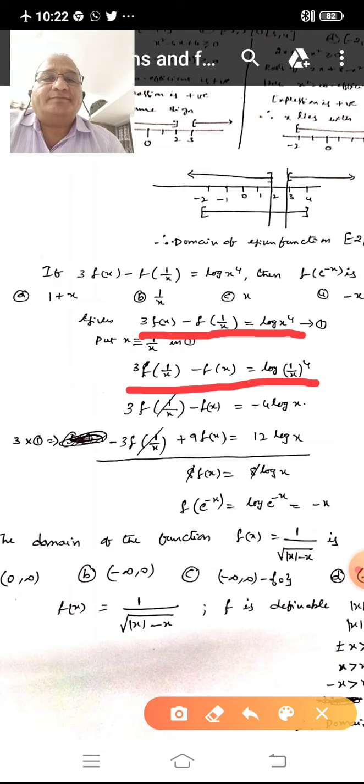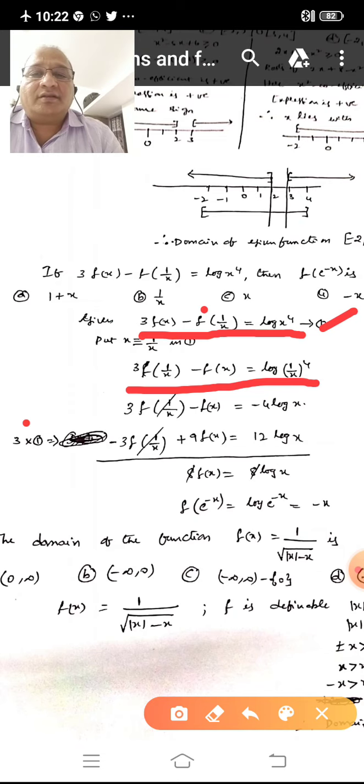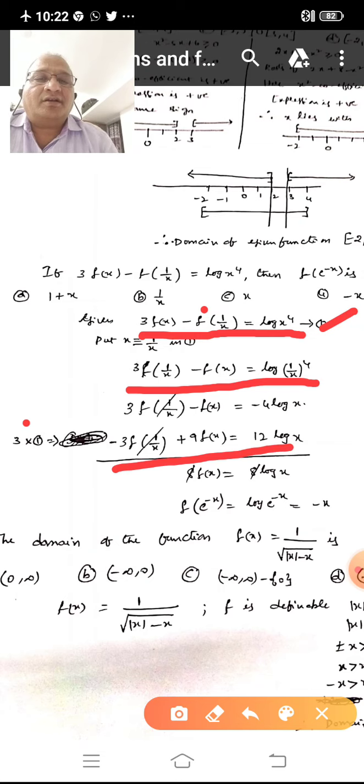If you simplify, see here 3 into 1 by f of x is there. In the first one, 3 is not there. So that's why I multiplied it with 3. 3 into 1 will give an expression like this. That means we multiplied with 3 only. Then if you add these two, we can cancel, so I cancelled these two. Now if you add these, 9 f of x minus f of x is 8 f of x, which is equal to